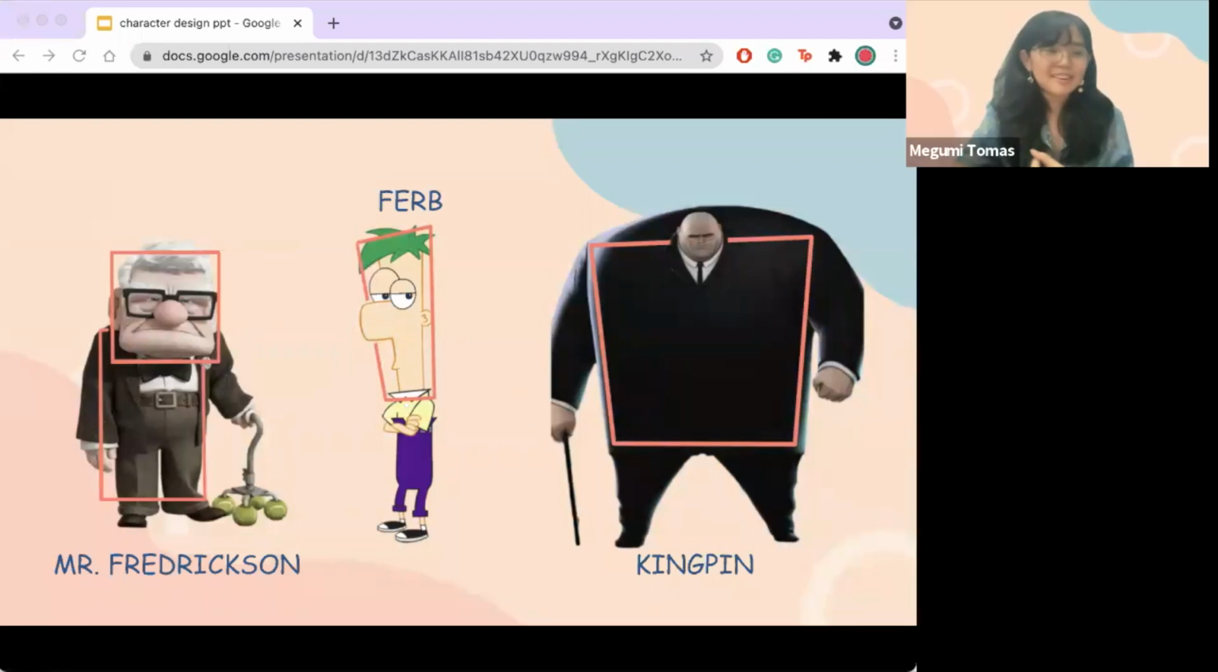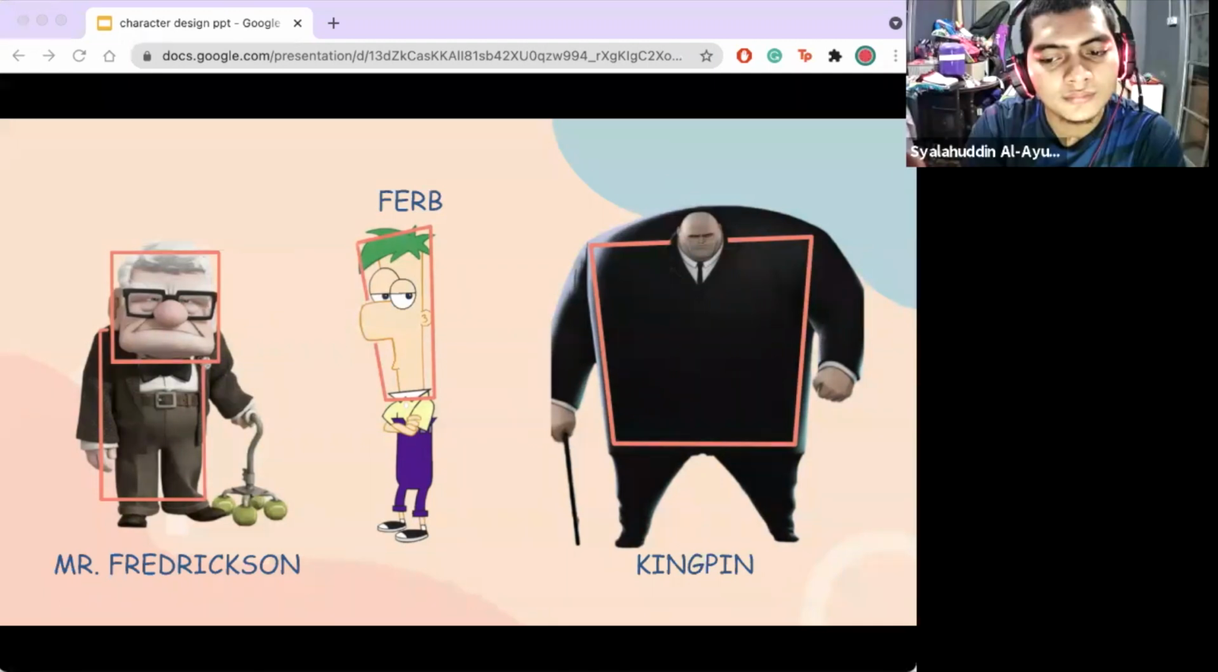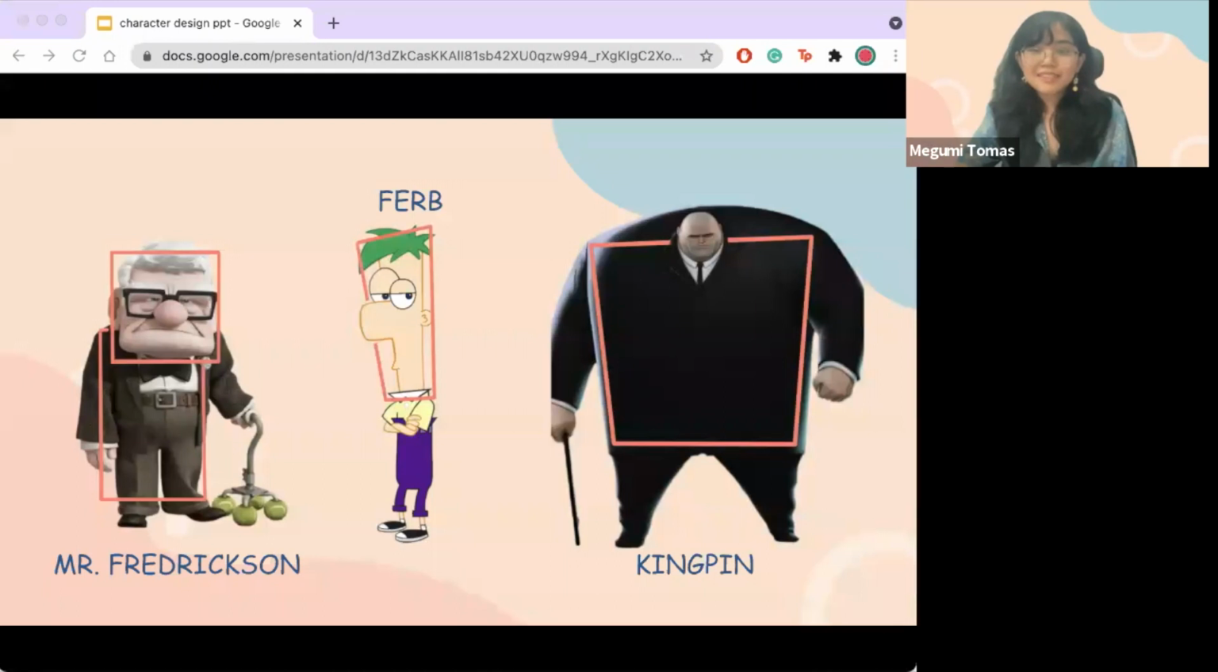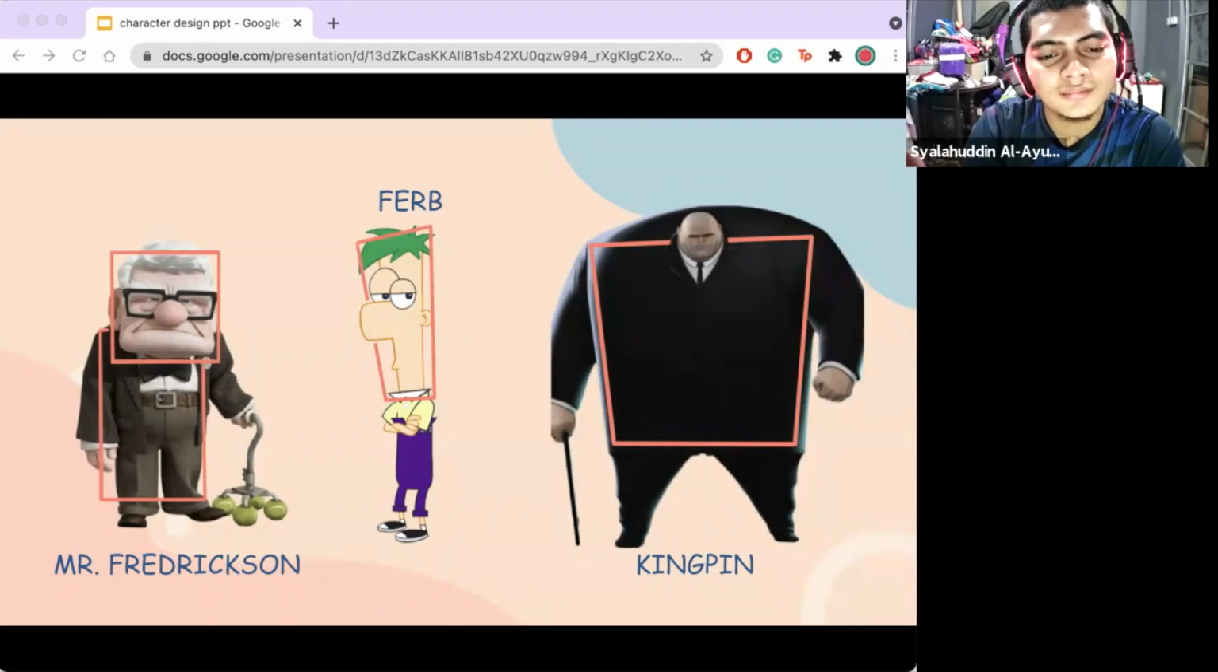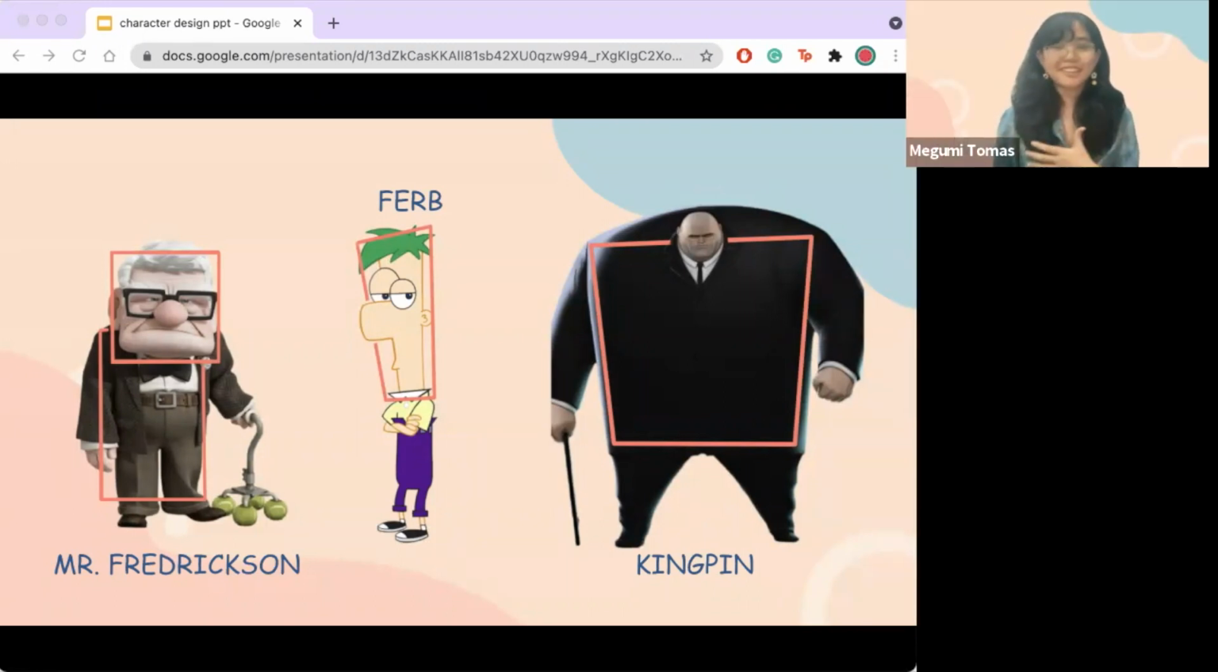Okay. And then next we have the square. My examples here are Mr. Fredrickson, Ferb, and Kingpin. Again, one of these is not like the other. Kingpin is obviously evil. And if we look at Mr. Fredrickson, he's a nice old man, very stable. Ferb, he's the silent, quiet intellectual who bounces off Phineas, who's more active, right, with his triangular shape. And as for Kingpin,